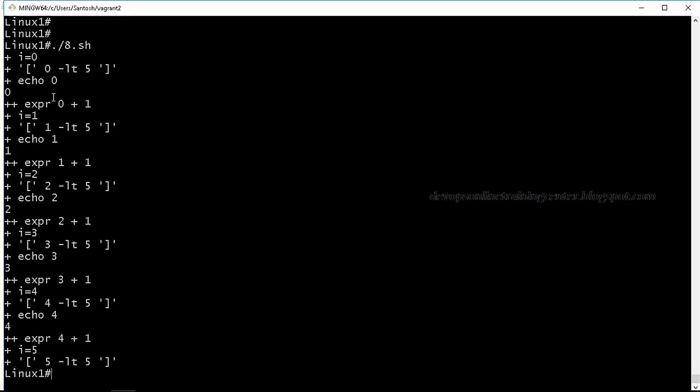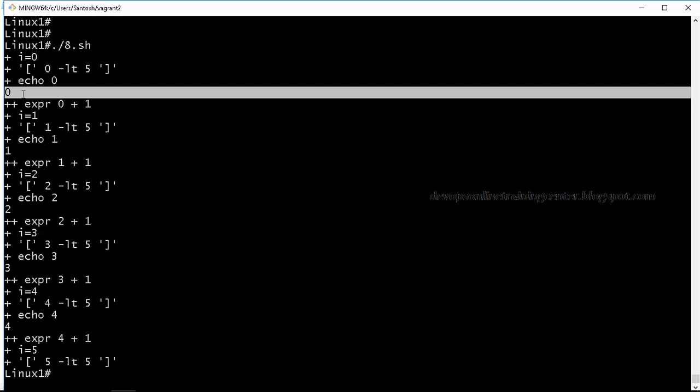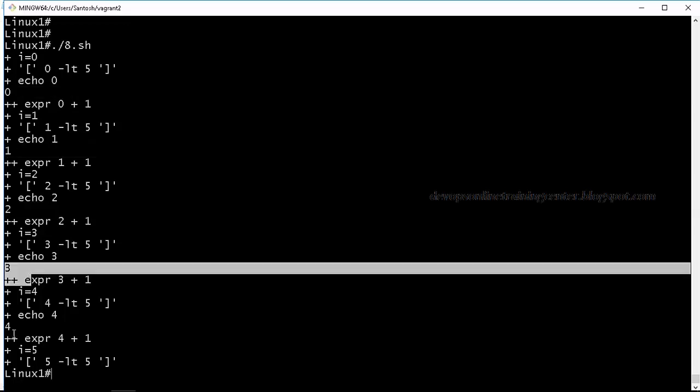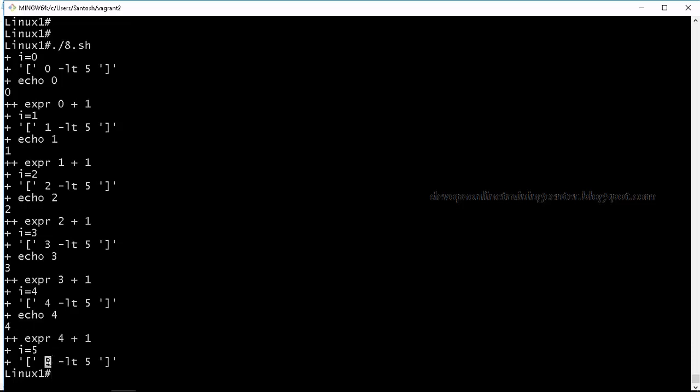So this is like verbose messages, it will print all the messages on the screen, right? Next expression 0 plus 1, which is i equal to 1. Then i value is compared again with 5. 1 is less than 5, true or false, true. So again 1 is printed. If you see, you have detailed output here. 0 is printed, 1 is printed, 2 is printed, 3 is printed, 4 is printed. Then 5 less than 5 is false. That's why it is exited.